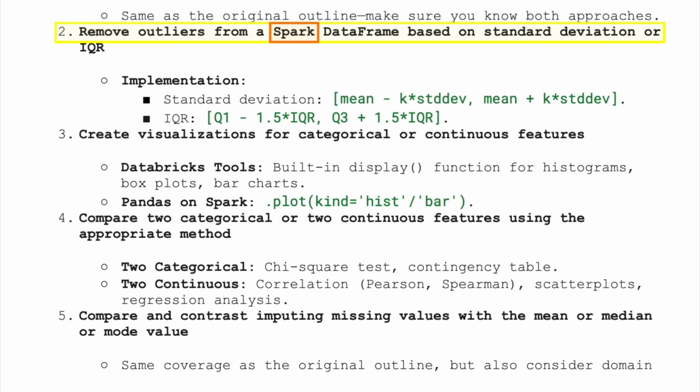2. Remove outliers from a Spark data frame based on standard deviation or IQR. Implementation: standard deviation: mean minus K times standard deviation, mean plus K times standard deviation. IQR: